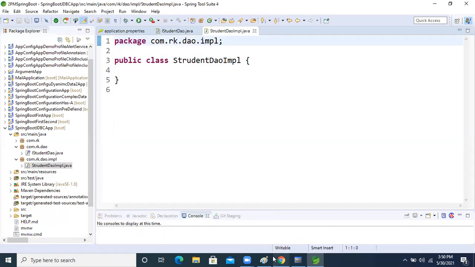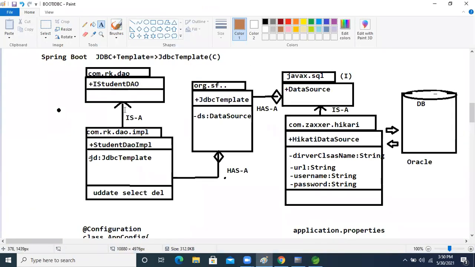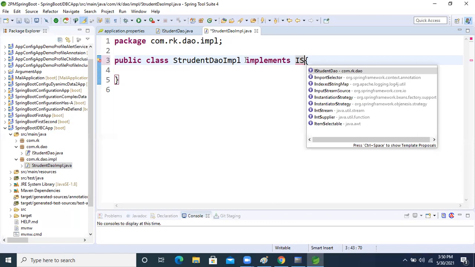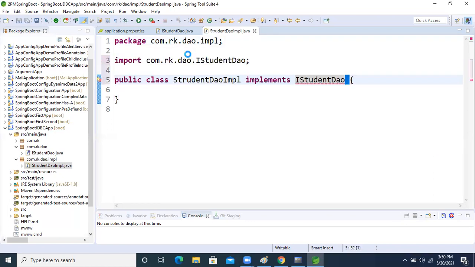So now fine now guys, come here. What is the relation? We will implement IStudentDAO.